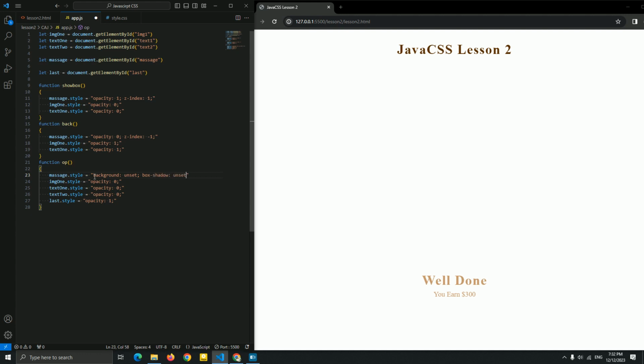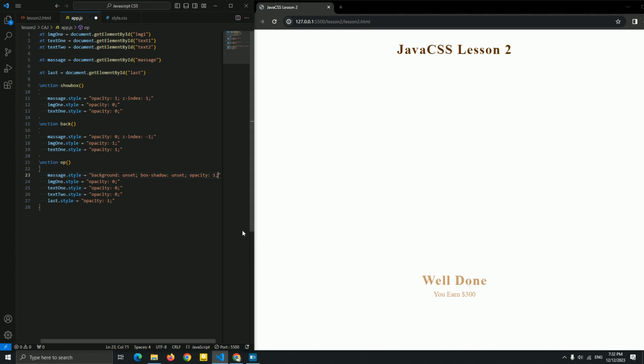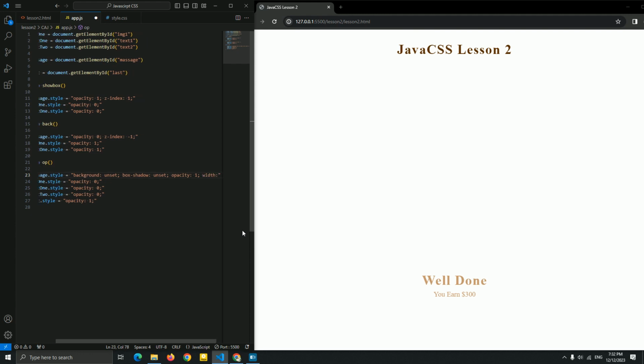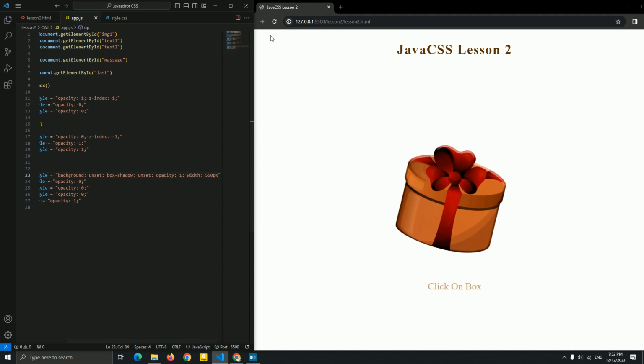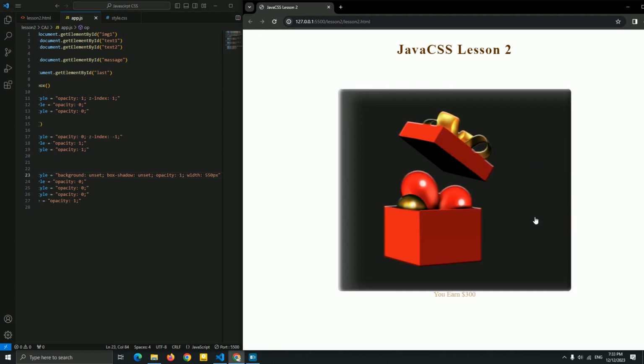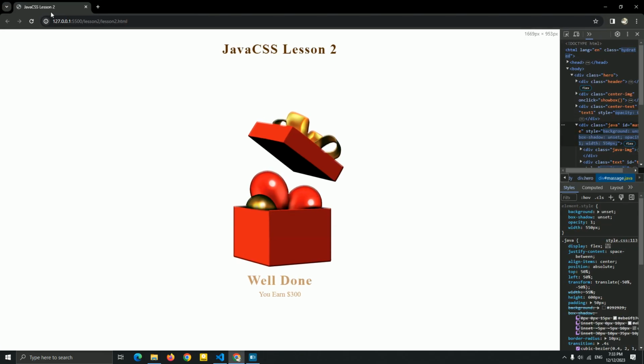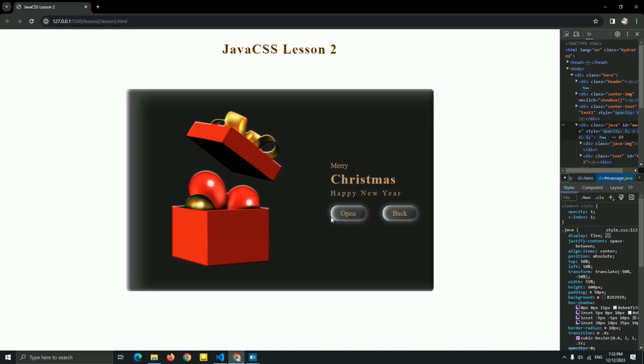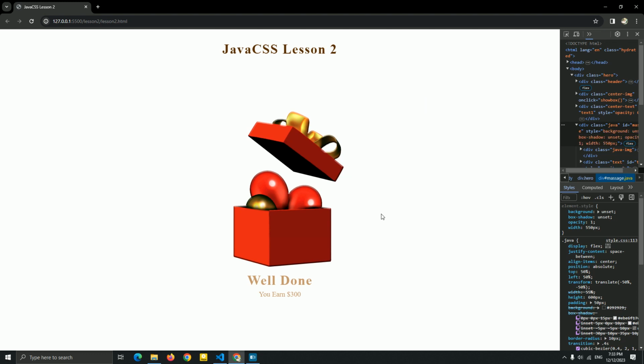I want to remove the box shadow, unset. Okay, let me add the opacity 1, because I want to add this image to be in the center of this with this text. And let me add the width 50 pixels. Okay, let me show you. Okay, yeah, as you can see, we just finished this Java CSS.